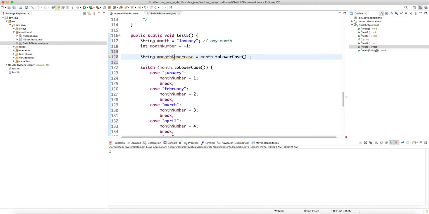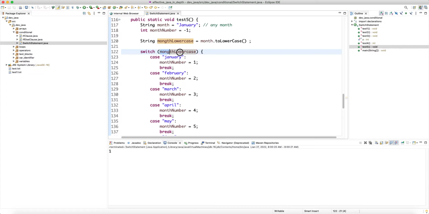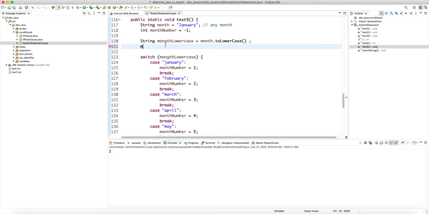And then we pass this one. All right. Now, as you can see, we are passing this variable here, and it compares this with different things, right? Now, this variable is an object reference, so this can be null, in fact. So let's say